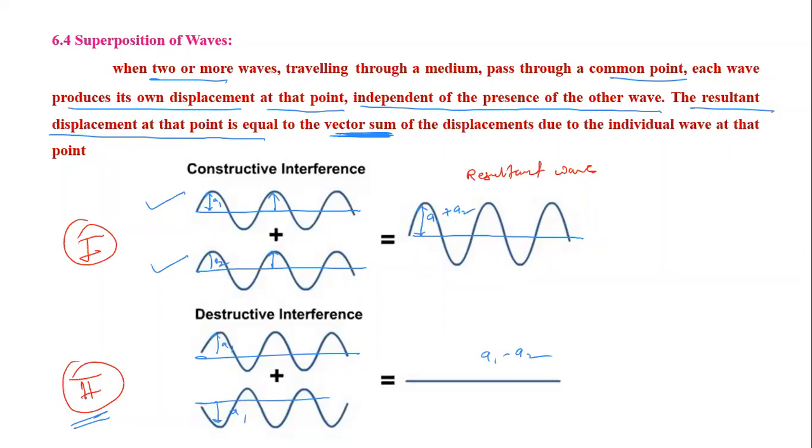And if A1 and A2 are the same, then one wave cancels the other wave and there is no wave. So here no resultant wave if both the amplitudes are the same. So here in this case, if both the amplitudes